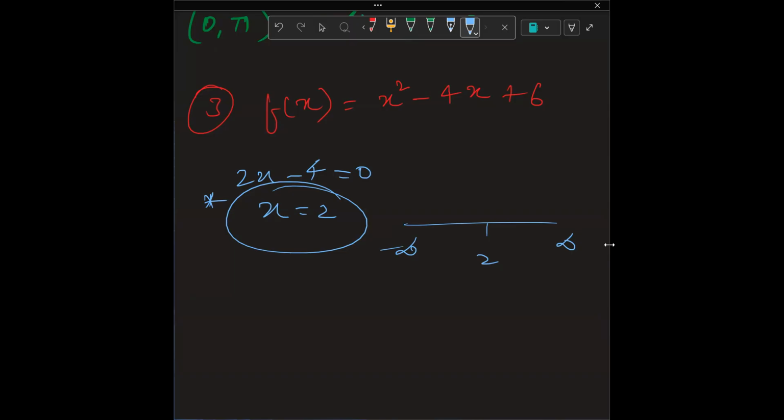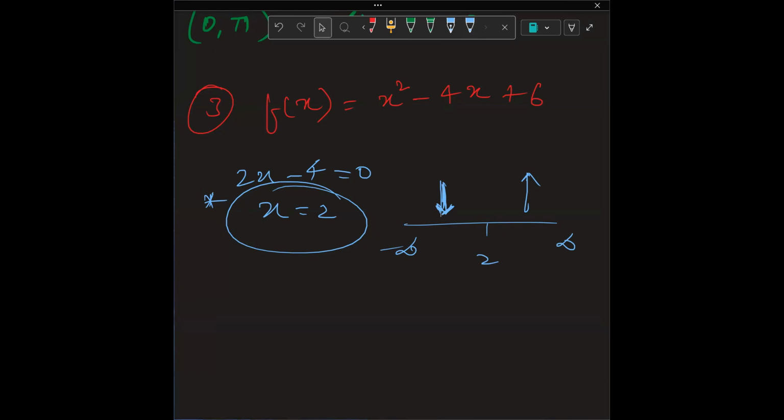It will be lesser than 0, so it will be decreasing. And then 2 comma positive infinity, it's increasing. ऑलराइट, सबको समझ आया? Yes sir. ओके, गुड।